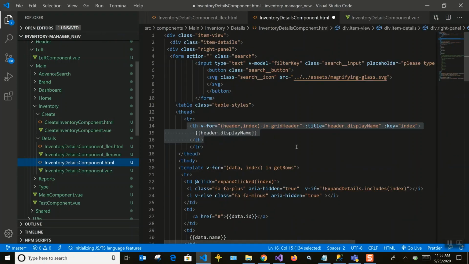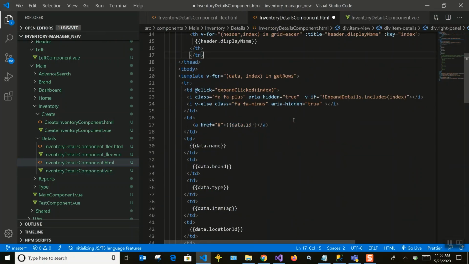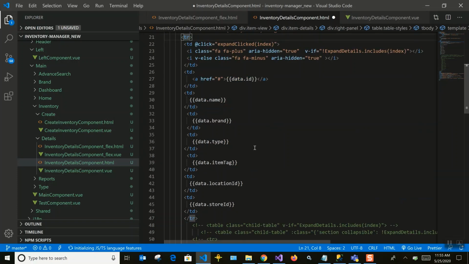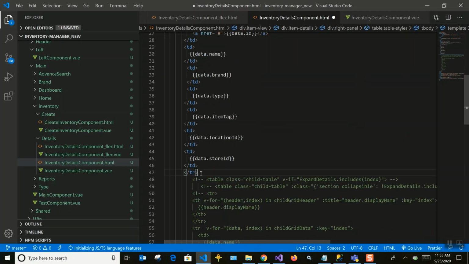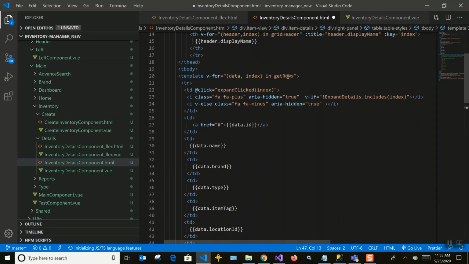For that, you can see we are looping the data in all the rows and forming the TR. Corresponding to each row, we need a child row to be added. For that, we can create a TR and fill in the details to that.